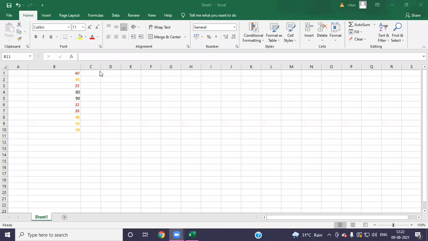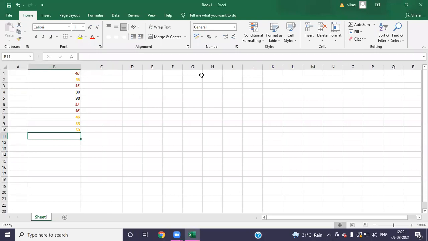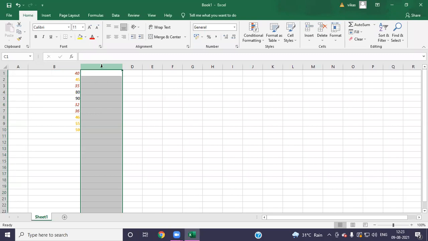Look here, I'm going to apply the formatting here. So first of all, to apply the conditional formatting, the first step is what? I have to select the entire column. So I have to click on the C. I think all of you know how to select the entire column or entire row.